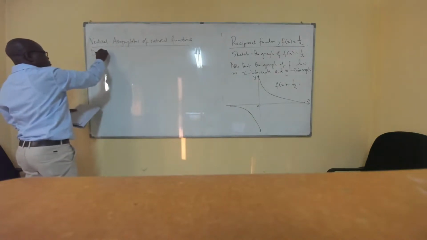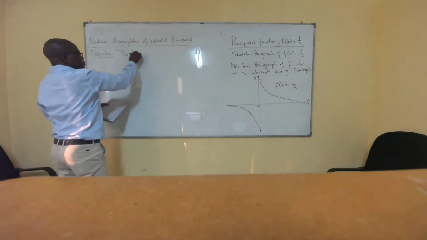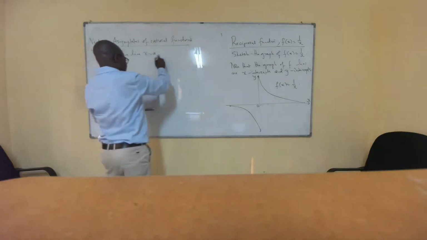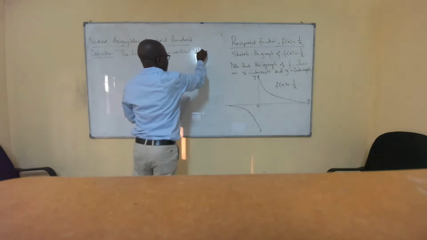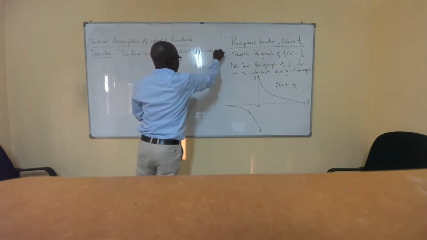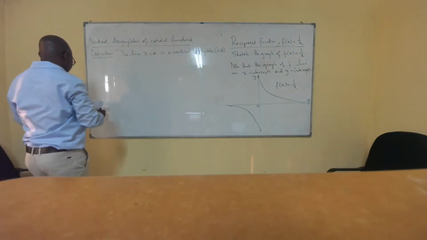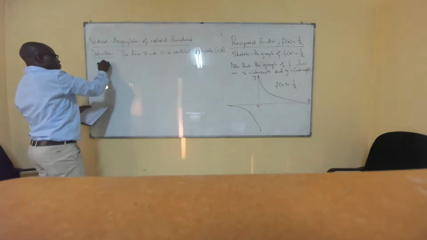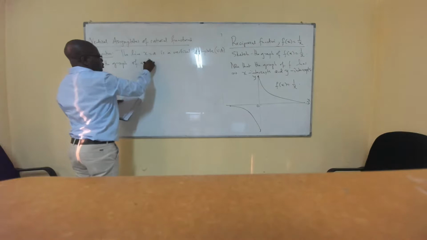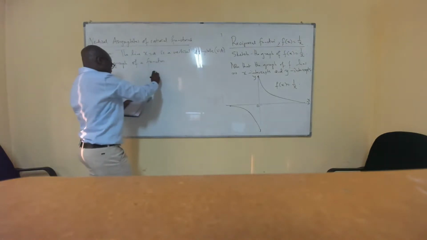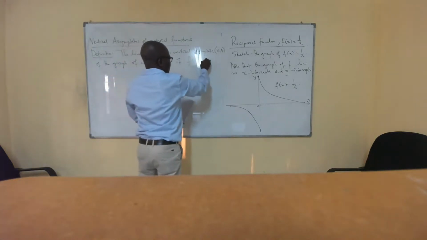Definition: the line x equal to a is a vertical asymptote, we'll abbreviate it like that, of the graph of a function f if f of x increases